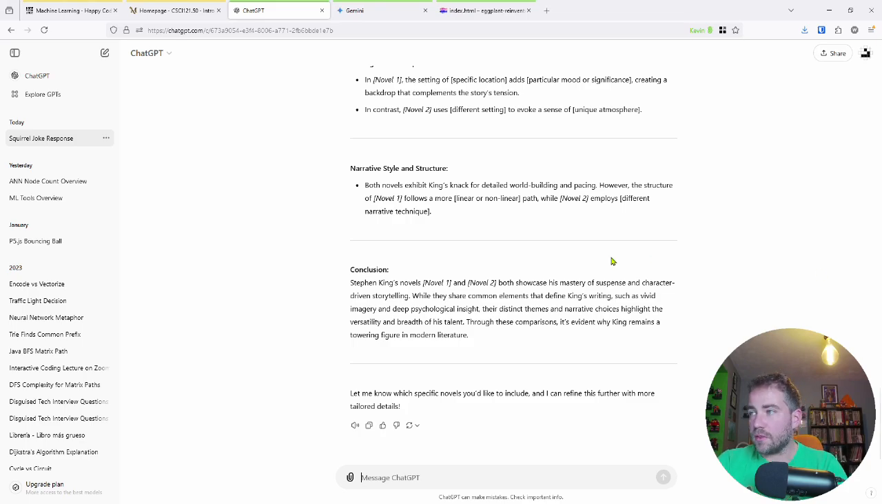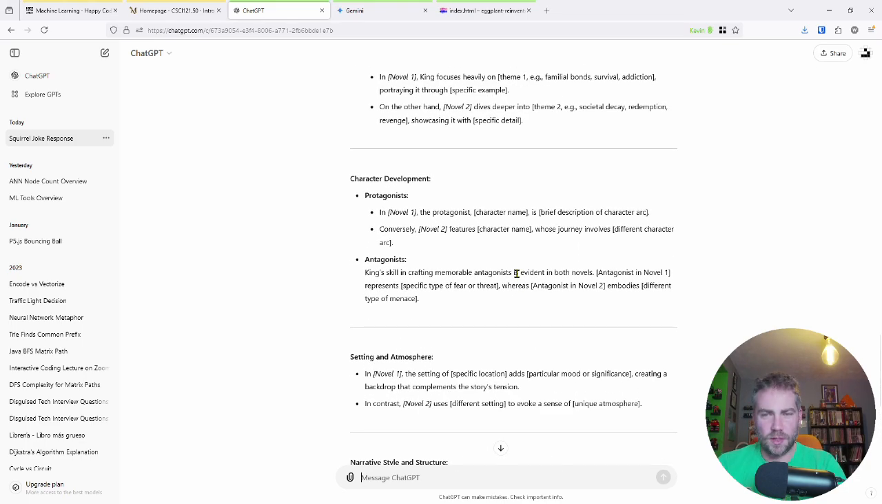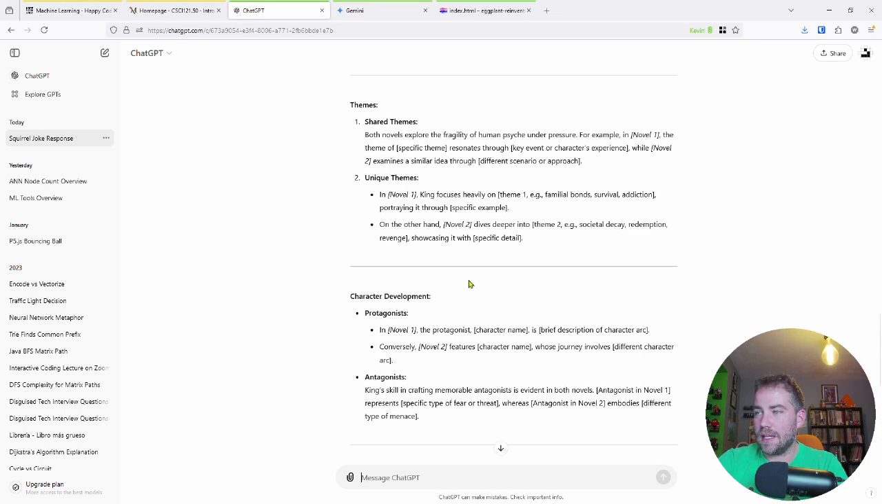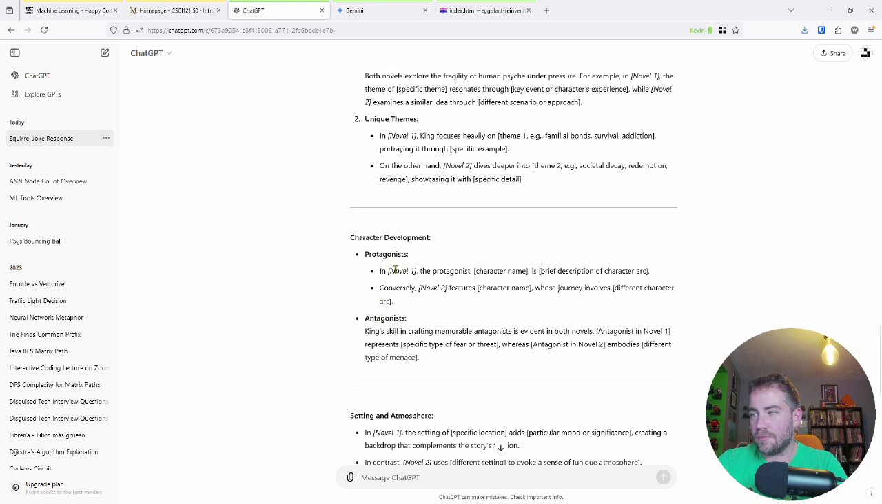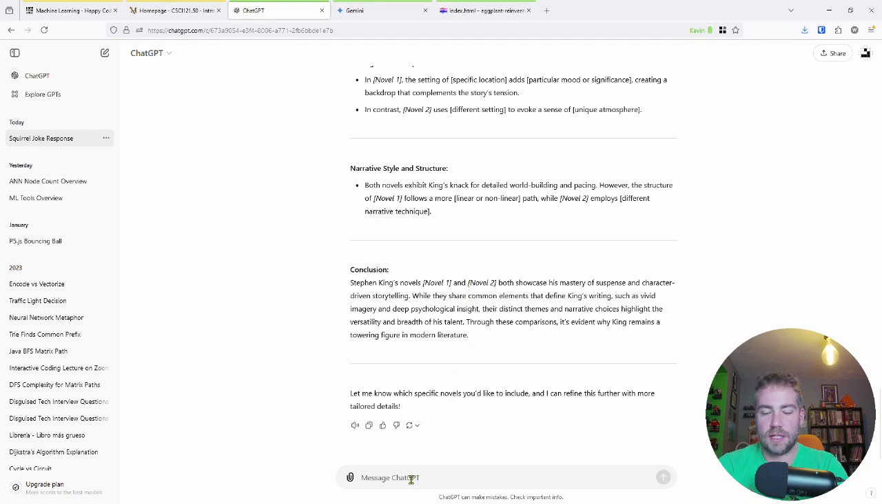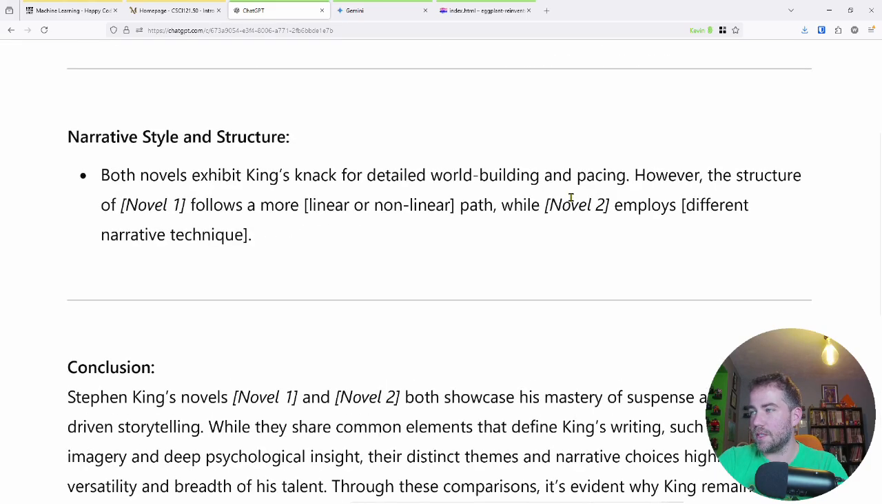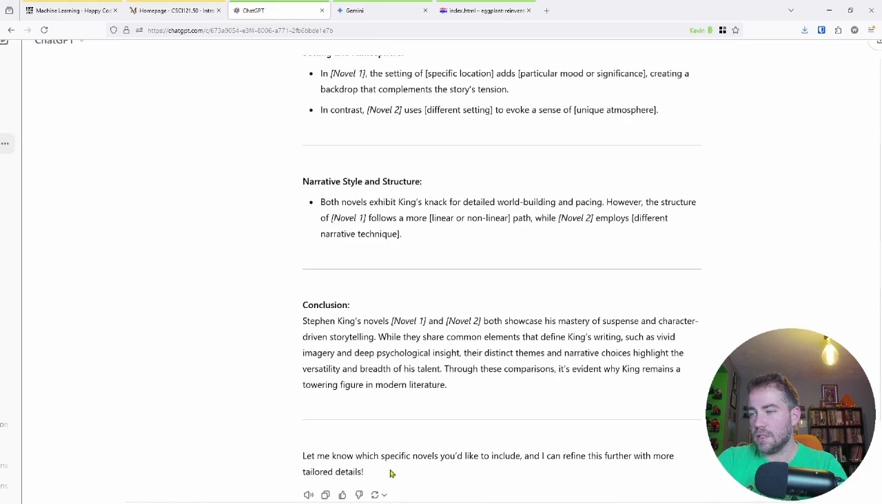And so, yeah, from here, I could keep going down this one particular example, and I could say, hey, ChatGPT, instead of novel one, use Salem's Lot. So maybe I will actually do that. So instead of novel one, use Salem's Lot. And instead of novel two, so these are placeholders that it put in there. Novel two, let's see,